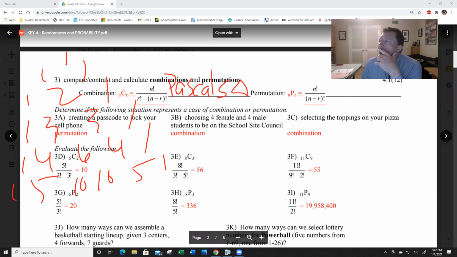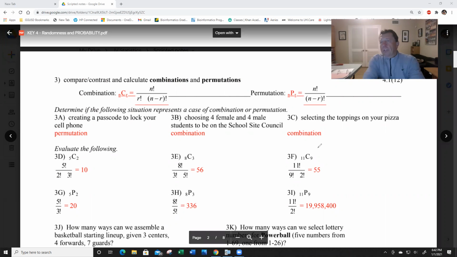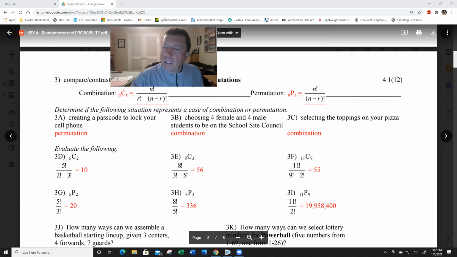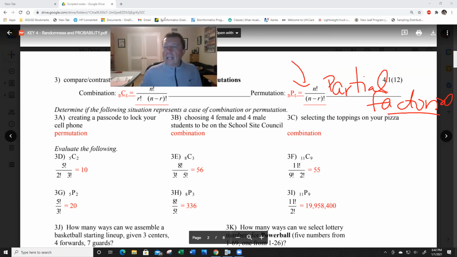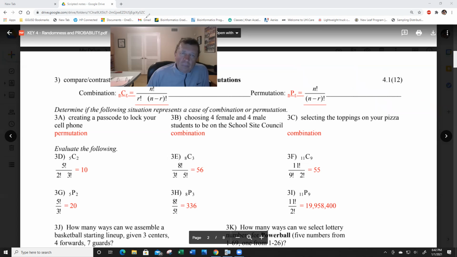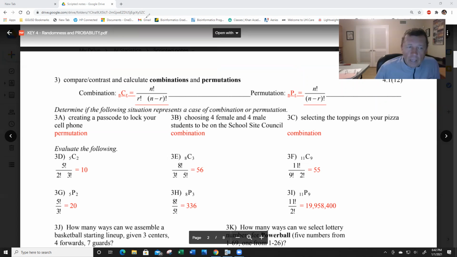Permutations are not. I always think of permutations as a horse race. You got 6 horses in a race, then how many ways can the top 2 finish? That's 30. 6 guys can finish first, 5 can finish second, 6 times 5. Okay. A permutation is basically, and I always have kids write this down too, I think it's always helpful, a partial factorial. Obviously, there's a very fancy formula right here, but it's actually a partial factorial. So I'm going to try to do these. My answer is the classic answer, but I'm going to show you other ways to do it when I'm writing. Okay. First, let's do